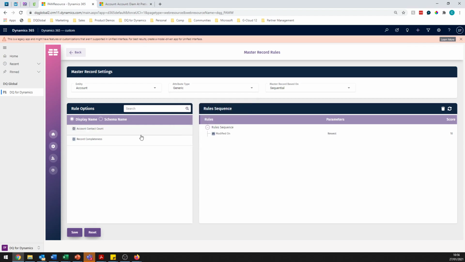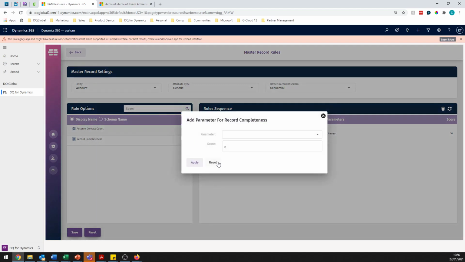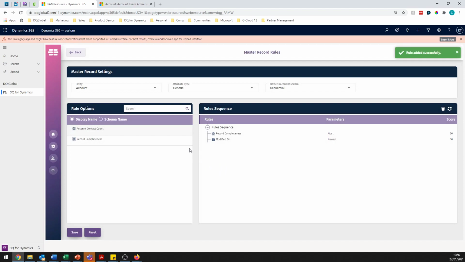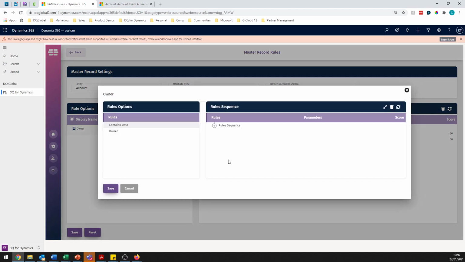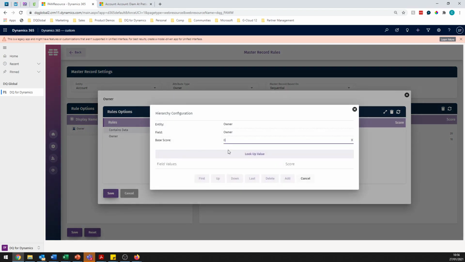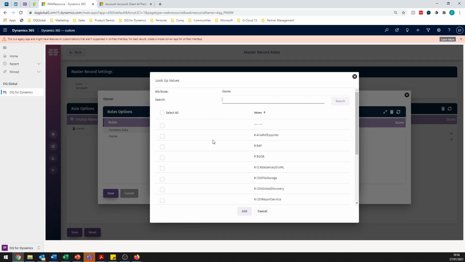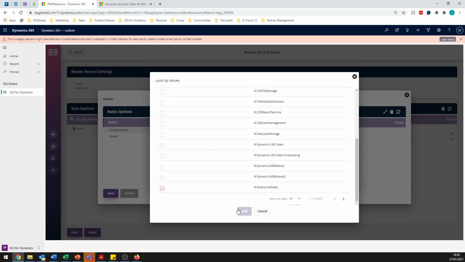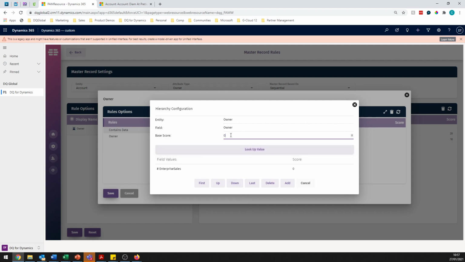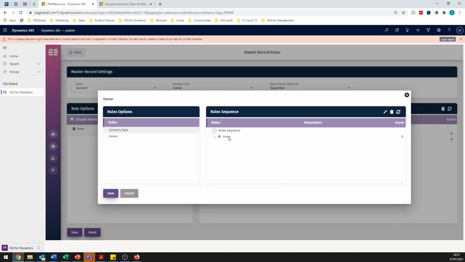If we go on generic, we could even say, well, which record is most complete? So we could pull this rule in and say, the record that is most complete gets a score of 20 points. And that's the criteria we're going to use. We could say the owner of the account, if the owner is, and let's define this, let's go into the lookup. And you're obviously going to get all of your CRM users. Let's just say enterprise sales. Enterprise sales gets 10 points. So we'll add that. And now we've got the rule